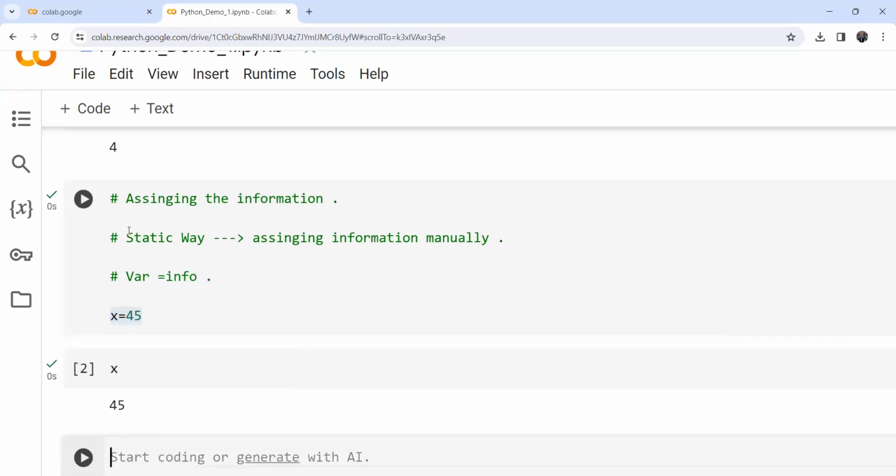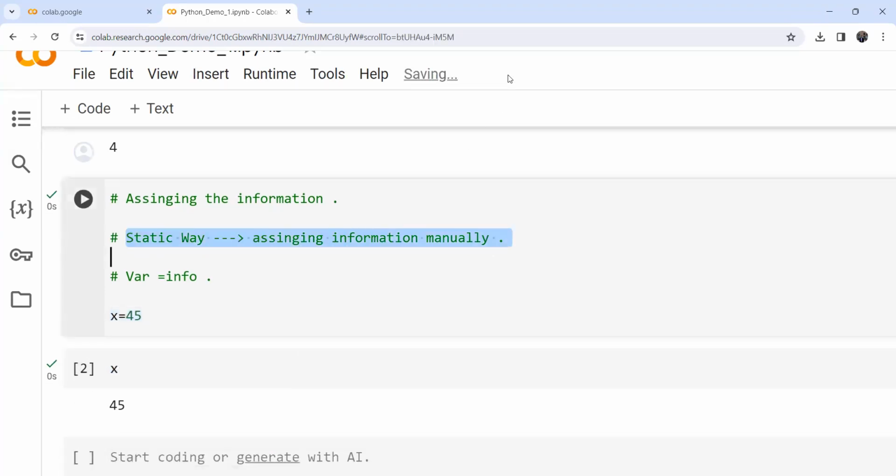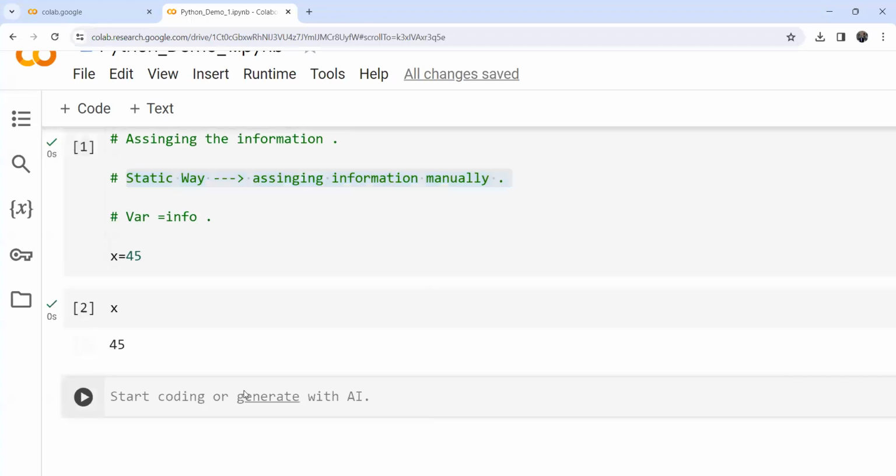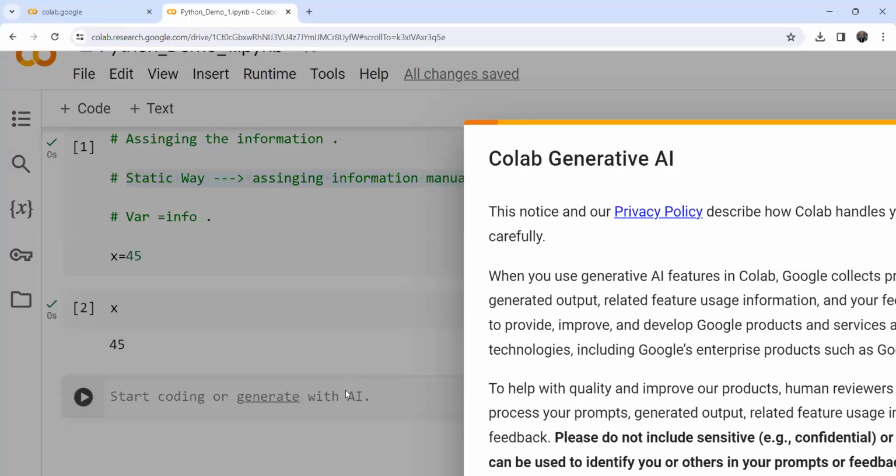Are you getting the static way, guys? Before assigning the information, you and the machine know what type of information is going in. So it is really useless in the real world. Fine. So that's why, guys, now we will have